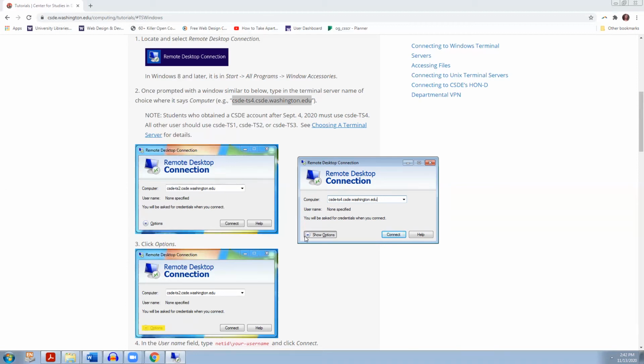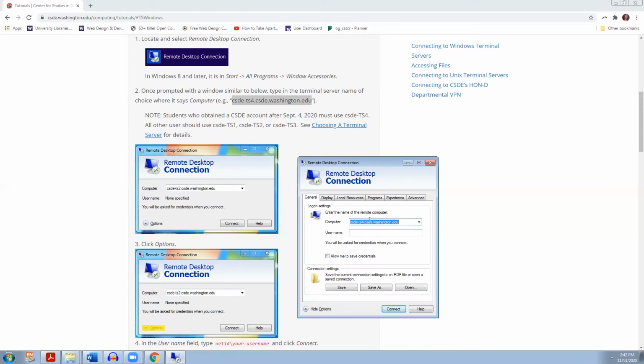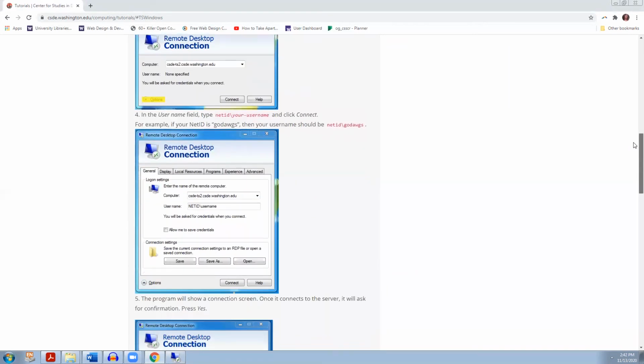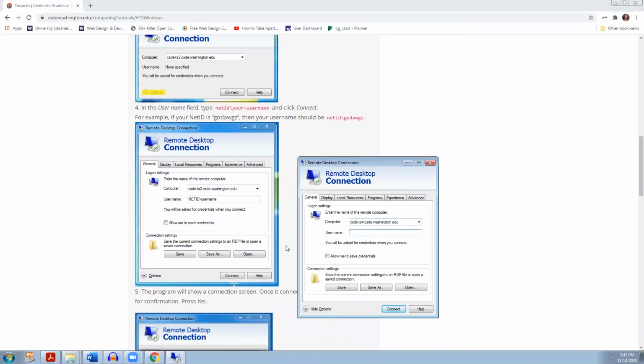Click the Show Options button in the bottom left, because we do need to add a username to help us log in so we can actually start streaming this desktop. Let me scroll down a little bit more on the page. This domain requires you to use your net ID to log in, the same credentials as you would use for logging into your email, or your MyUW account, for example, to register for classes. So where it says username, make sure to type in first netid / and then your actual netid,